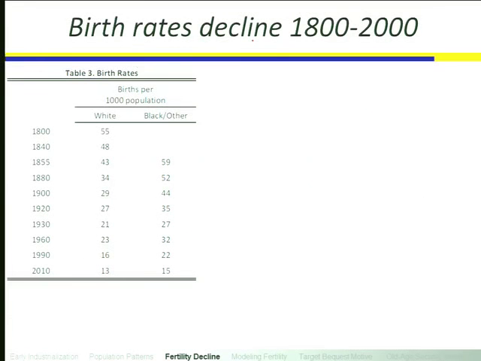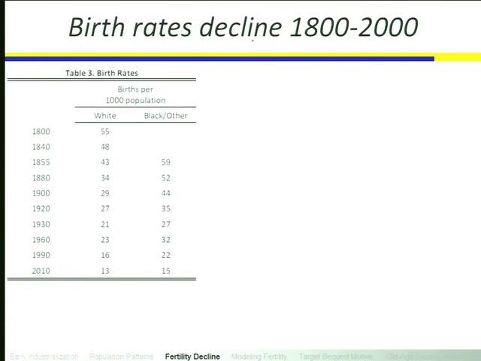So table 3 in your handout for today looks at the number of births per thousand population. So this is a different measure than the child-woman ratio because now we have a different set of data that allows us to ask different kinds of questions. So we can ask about the number of births and not just the number of surviving children. So the number of births per thousand population, the data allow me to split it between the white population and between the black population, and it's black/other because in the early period, I don't remember when it ended being black/other, certainly the first 2 or 3 data points, it was white and non-white. And then the 20th century data points were white and black, and they also had Asian, Hispanic, and so on. But all non-white races are combined in the early part.